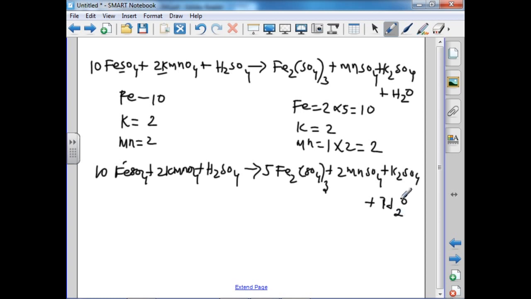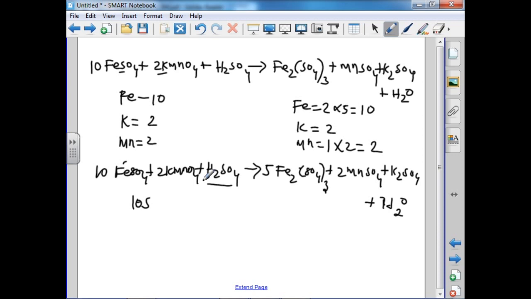So other than hydrogen and oxygen, most elements are balanced except one, sulfur. So what is the number of sulfur atoms present in the reactant side? 10 sulfur. Don't worry about the sulfuric acid, don't calculate it yet. After that we can calculate the sulfuric acid, because we have to put the number of moles in the sulfuric acid.